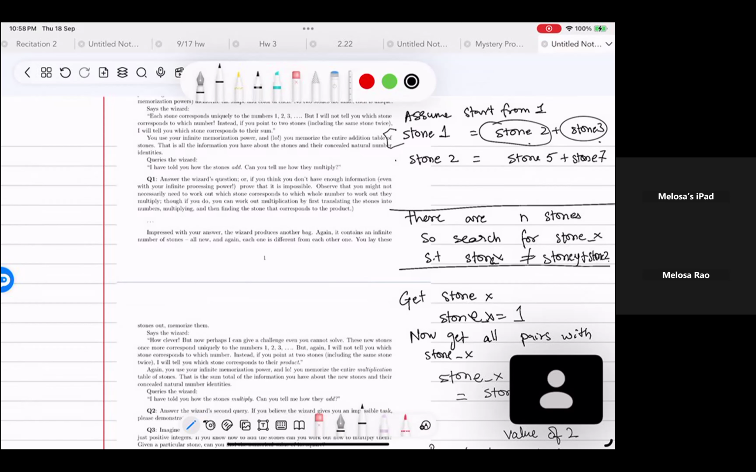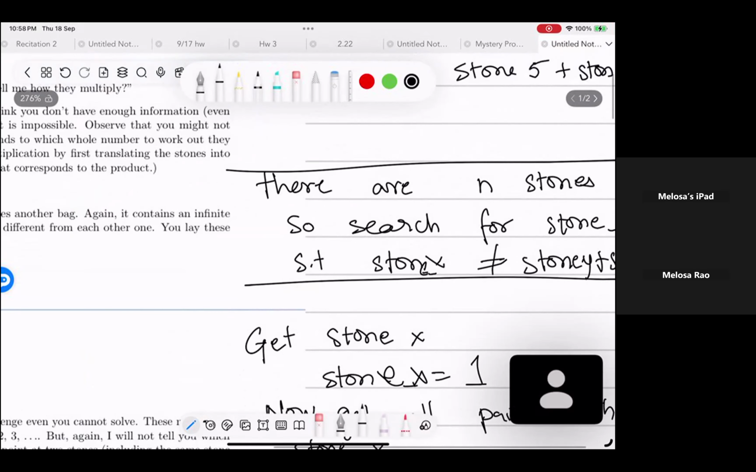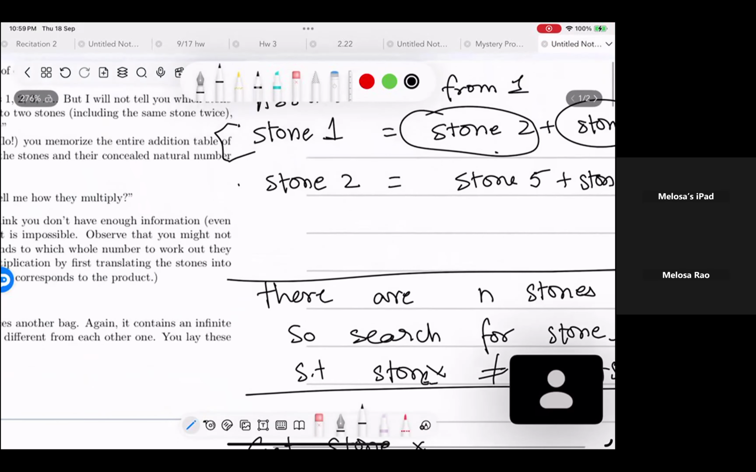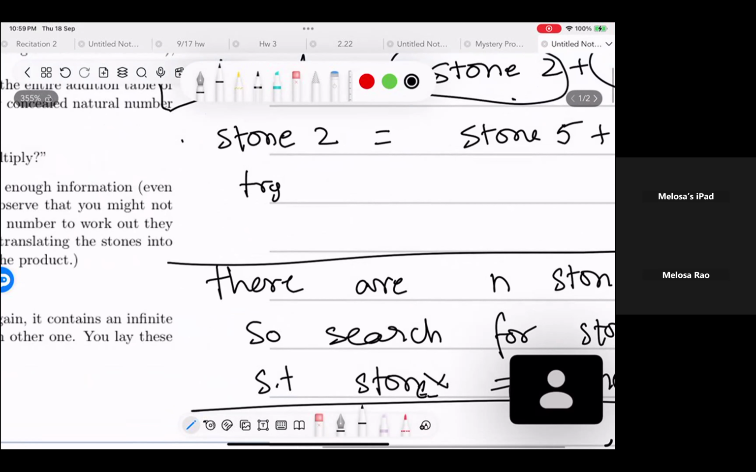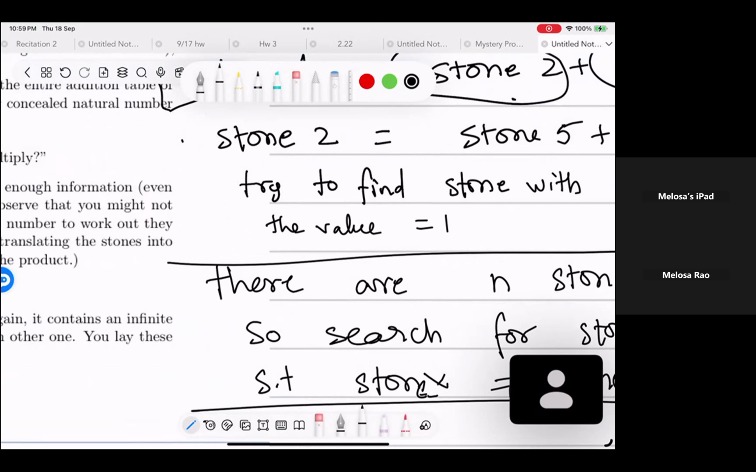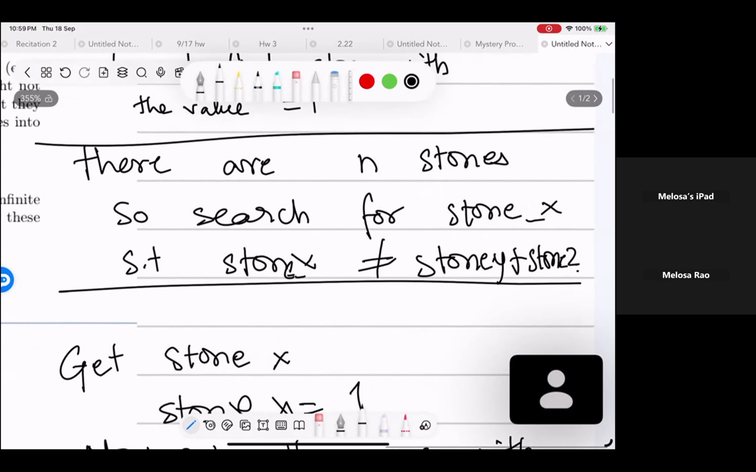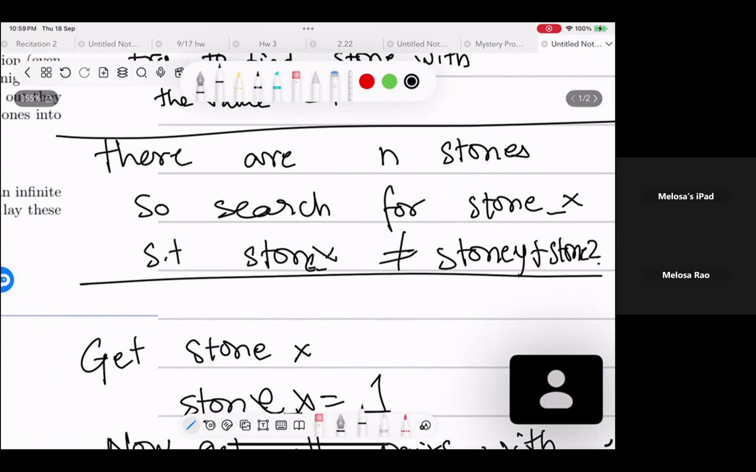multiplication. So what we can do is we can try to find the stone with the value equal to 1. And how will we do this? Say there are n stones, right? There are n stones. We will search all over for a stone X such that the stone X cannot be written as stone Y plus